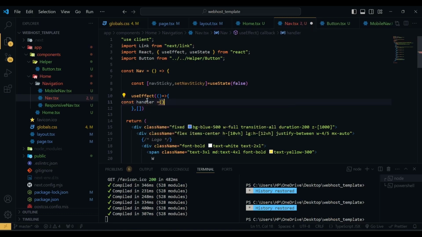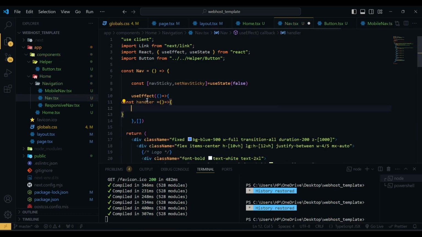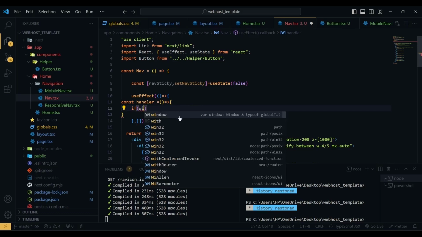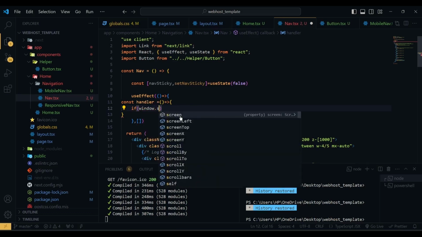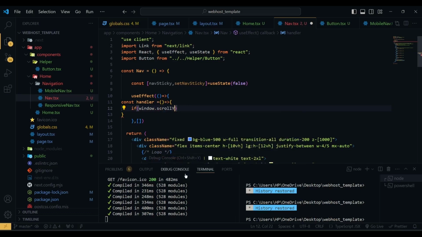It will be an arrow function, and inside this I am going to check if window.scrollY is greater than or equal to 90, then we are going to set our navSticky to true,